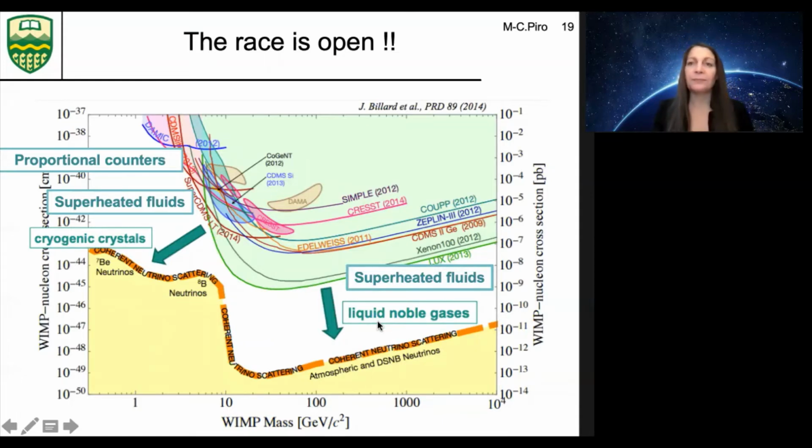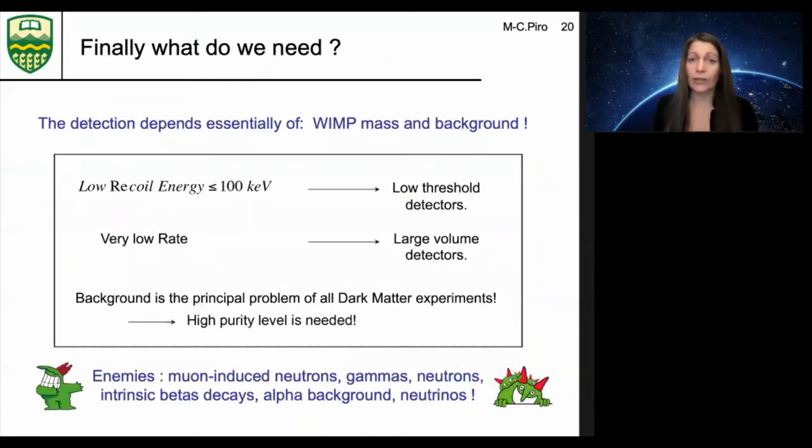So finally, what do we need to detect dark matter? In fact, the detection depends essentially on the WIMP mass that we don't know and the background around us. What we have seen, the key point, is that the recoil created by the WIMP is very, very low. So that means we need a detector able to reach those low energies, and this is what we name a low threshold